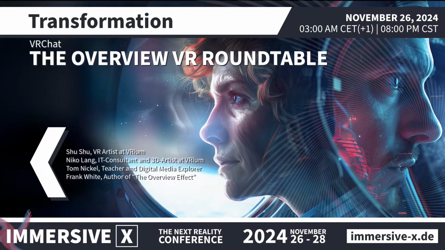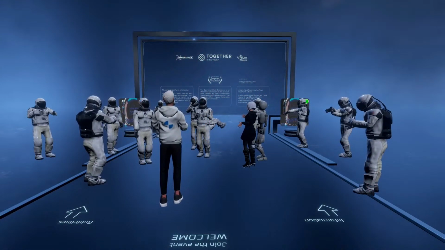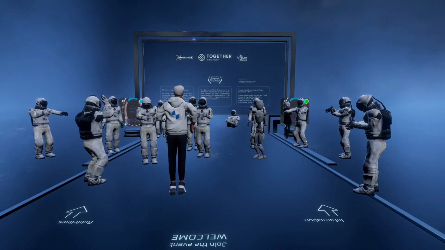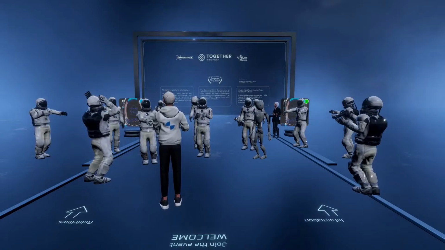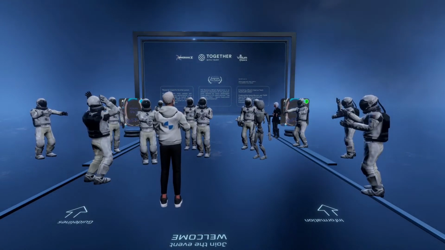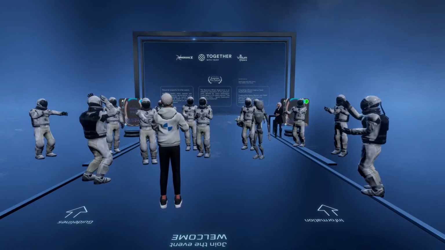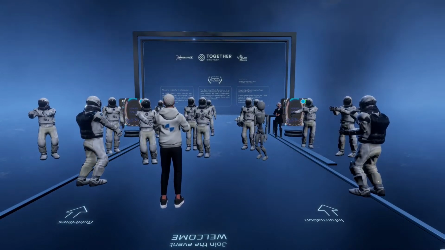Stages before we do the overview effect. We'll move into it, and part of it is to have the milling around outside like we are now. I'll mention that Nico and ShuShu did this for Trip, the meditation app. So shout out to them, and we're really honored to have a working relationship with them here at Immersive X. And now what we're going to do is go into the sort of ante room of the real show, where